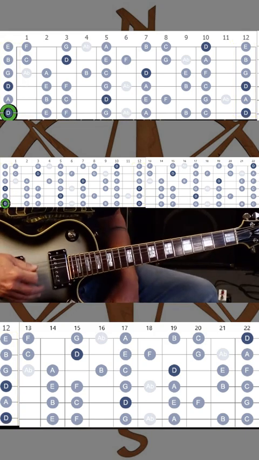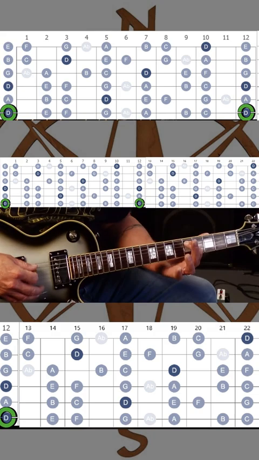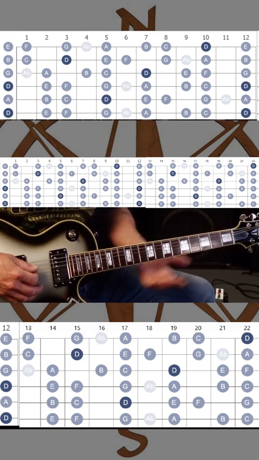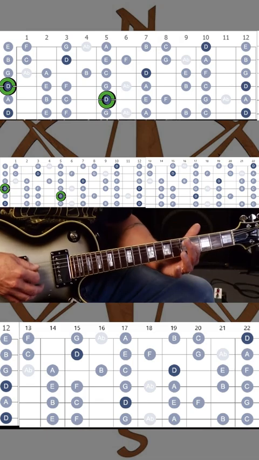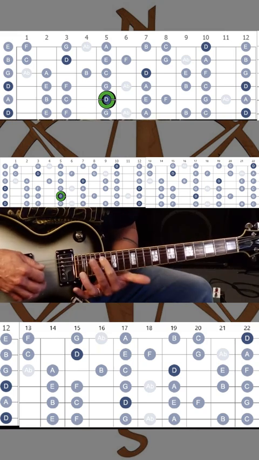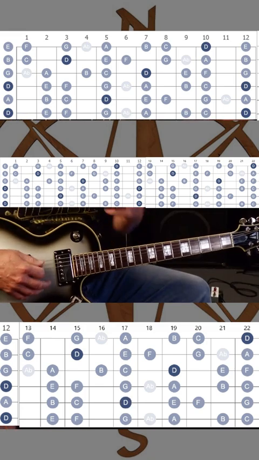So you have D, then you have D, then you have D here, because remember, we use the 5th fret on the A string to tune the string under it, right? So if you have the A here, that's the 5th fret, plus 12 is the 17th fret. So there you go. So now we got two strings, D,